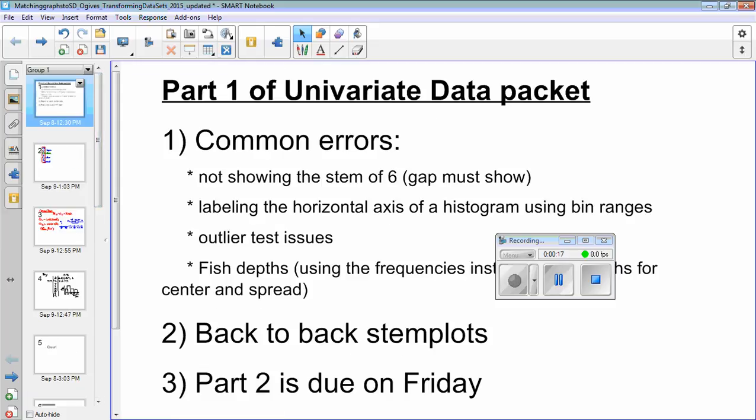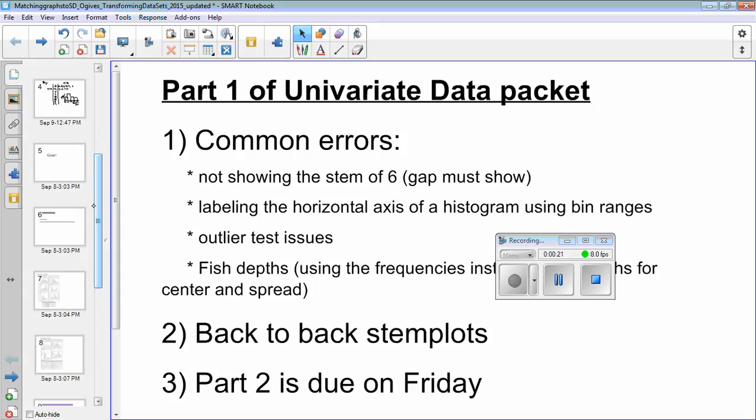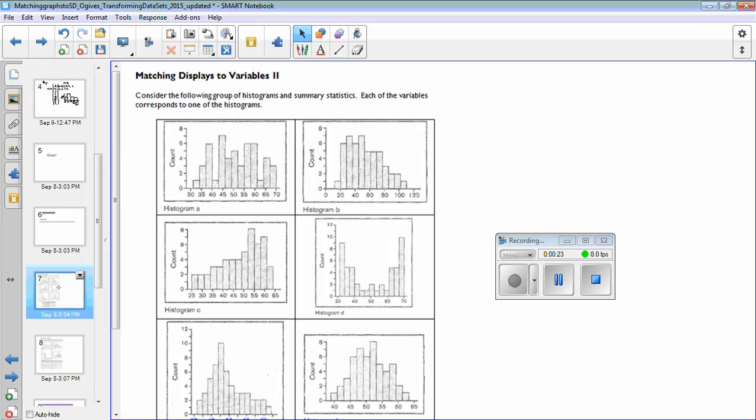So make sure that if you are watching this video, you go back and look at the notes portion of that. Today, for the last 10 minutes of class, we are going to look at parts 2 and 3. We will not be able to get through all of it, so your job is going to be to finish this for homework, what we don't finish in class.